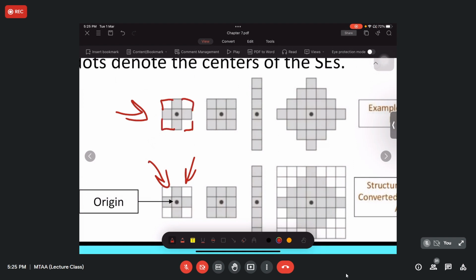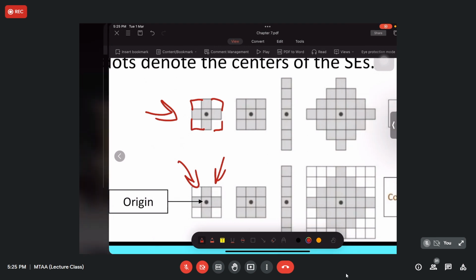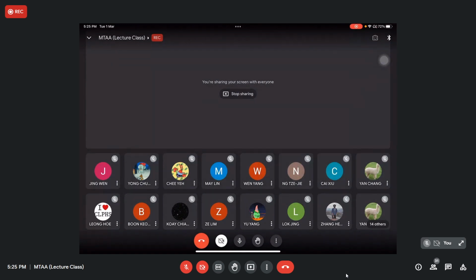One moment, let me change my earpiece. I think it's out of battery already. Okay, can you all hear me? Let me see if I'm changed it up.